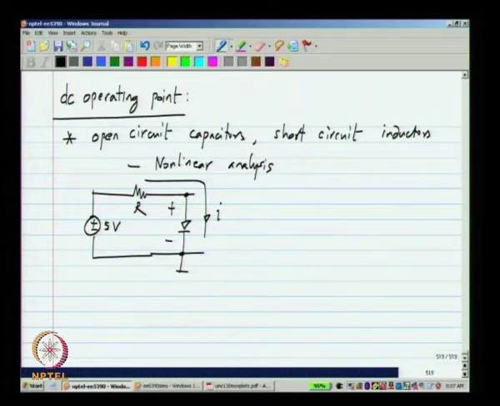Okay. Now, what do we do normally when doing hand calculation for a circuit like this? We assume that the diode has 0.7 volts across it in forward bias. Okay. The reason we do this is we can't solve nonlinear equations easily by hand. So, we assume that, but if you use a simulator, you will get exactly what the voltage is depending on the diode. Okay. Depending on the saturation current of the diode, there will be a particular voltage across it, and that is what you can find exactly from the simulator. Okay.